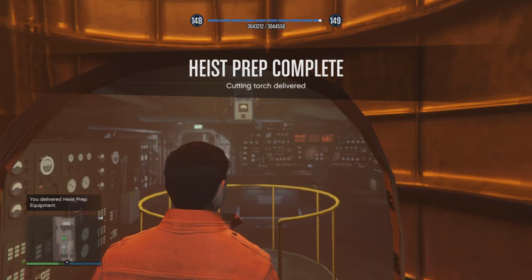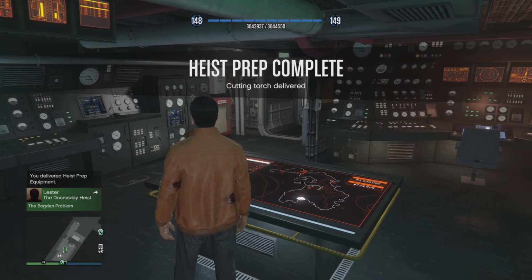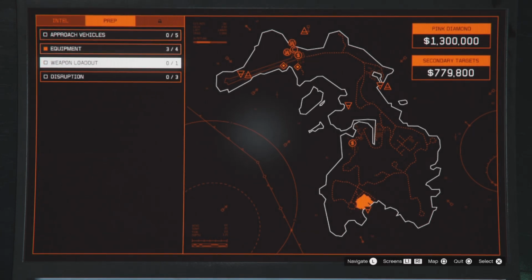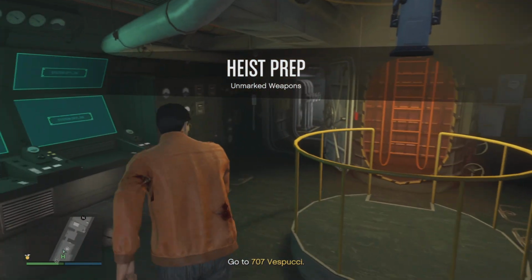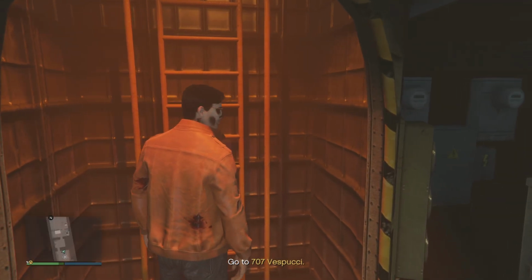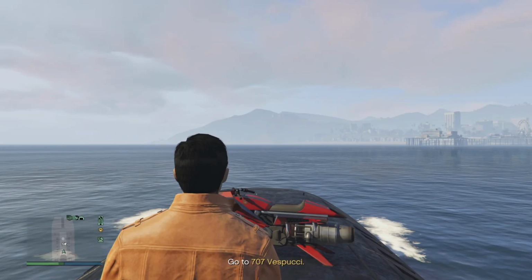Because there's a 50-50 chance of it being either the skyscraper or having to follow Mary with the chopper. So, hopefully we get the skyscraper. But if we don't, I'll show you what to do. Open loadout, go to the top one. Okay, we got skyscraper. But if it said Merryweather HQ down there, instead of 707 Vespucci, you would go into